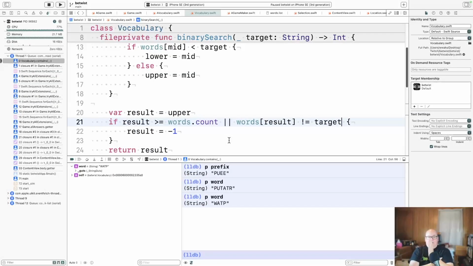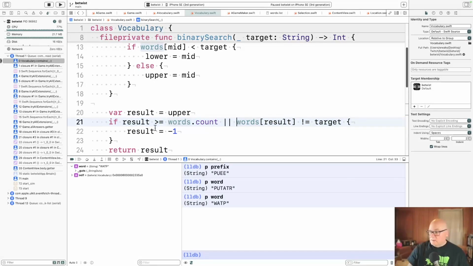I think we're going to have the index where it should have been if it was there. And at that point, we should be able to look at the next word. And if the next word starts with it, then it's there. It's a prefix. If the word is there, it's no problem. It'll find it. But this conclusion,